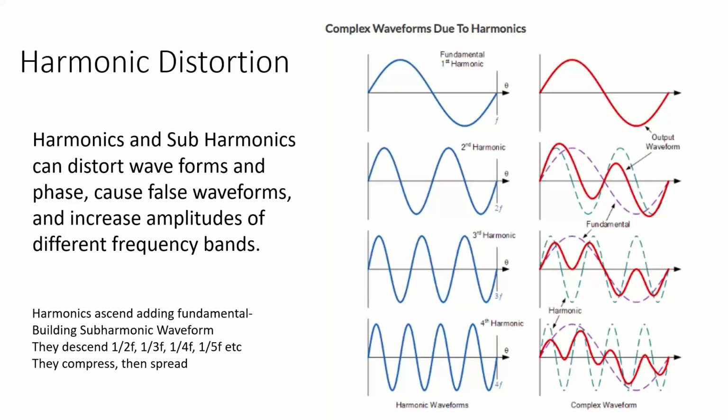So let's just quickly get into harmonic distortion. I won't get into this too much, but just to give you an idea again of how everything gets distorted with EMG and how complex the whole topic is. Here's a sine wave, and that might be one motor neuron. Then you get another motor neuron, and they don't always fire at the same rate. We'll show you that in a minute. And then another, and then another.